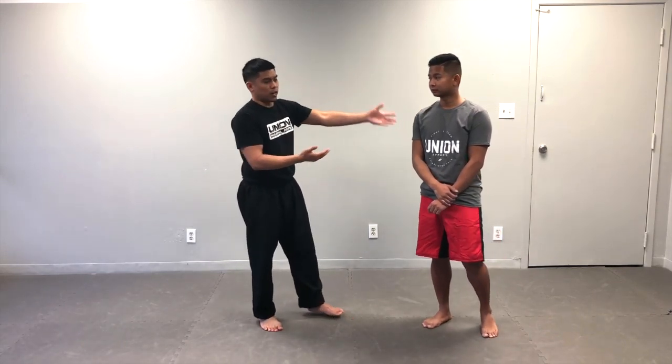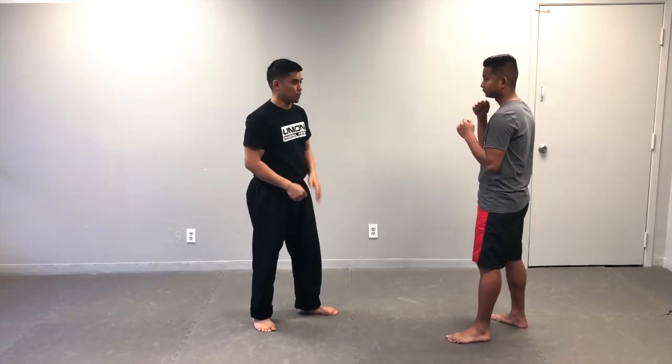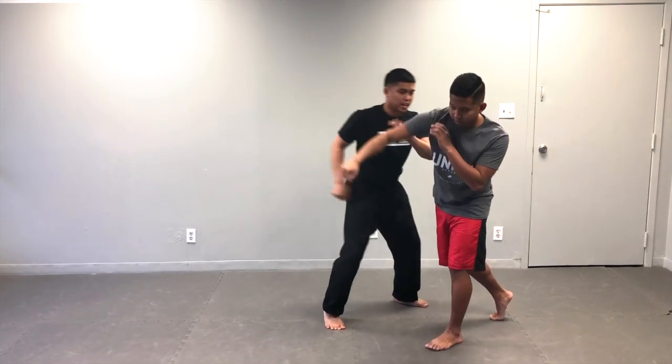So one of the things with Anastacio Kali is, yes, we use these entries as a form of self-defense, and we have a lot of particular empty-hand setups, but we are still weapon-oriented. We still train with the sticks and the knives, and to strike someone with a weapon is the easy part, right? But if my partner, James, wanted to throw a punch at me and I had a knife or a stick, that's not enough justification for me to cut the arm, slash the neck, stab him,